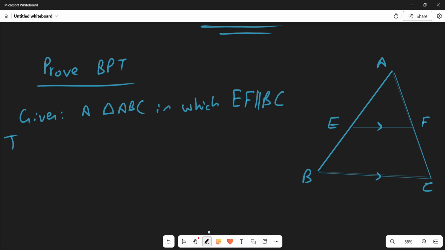What do I need to prove? I need to prove that AE upon BE, the ratio of AB. Okay, AB is being divided into two parts. The two parts are AE and BE. This ratio is equal to the ratio of the other side, which is AF and FC. I'll have to do a small construction over here. The construction will be